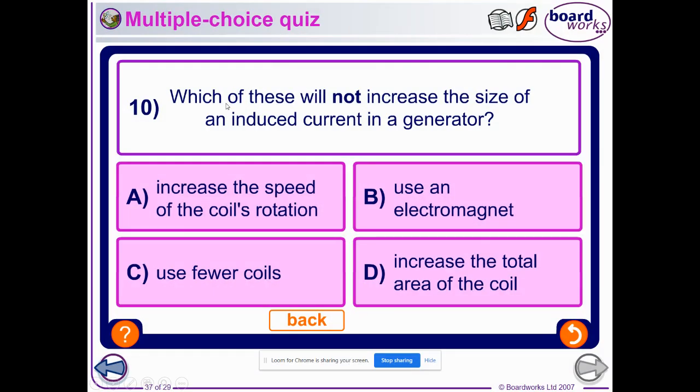Next, last question, which of these will not increase the size of an induced current? I want to increase the size. Which one will not increase the size? Increasing speed, yes. Use an electromagnet, yes. Use fewer coils, this one. Using fewer coils will decrease the size. It will not increase. Okay, that's it for